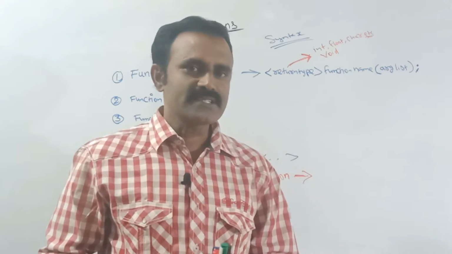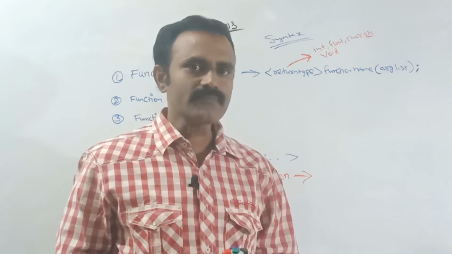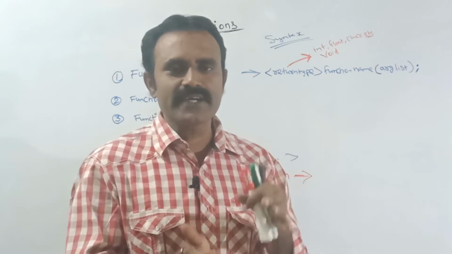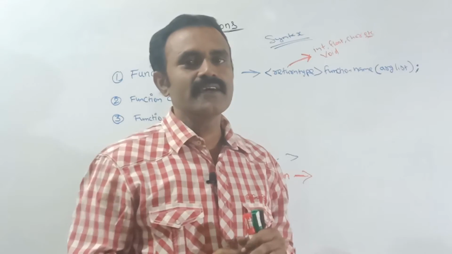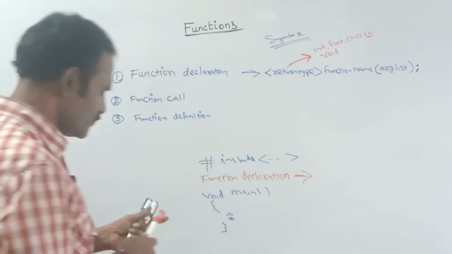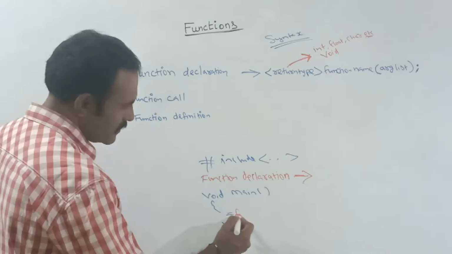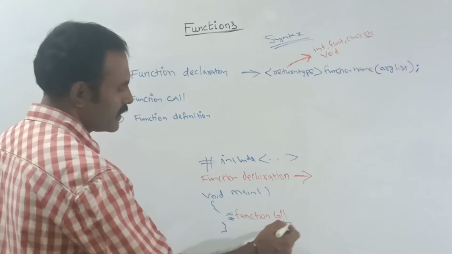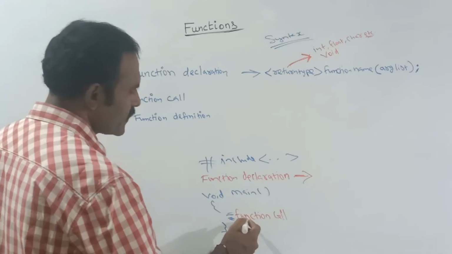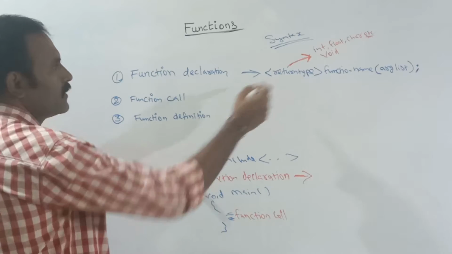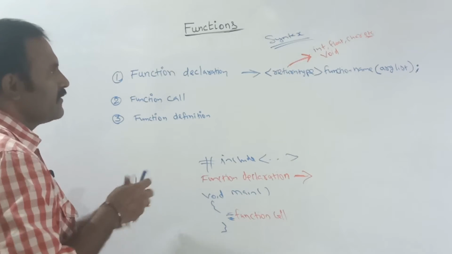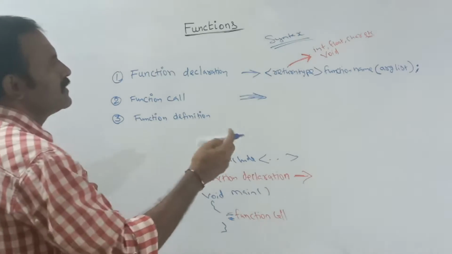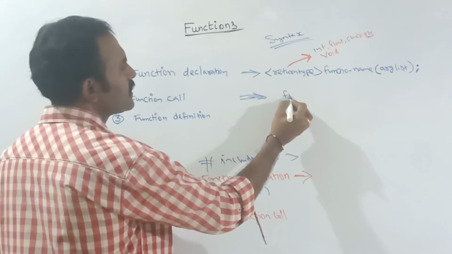In the previous session we saw the string length function, where we called that function inside the main function. Within the function we can call the user defined function. See here, this is the function call. Here we can include the function call inside the main part. The syntax for a function call is simply that we give the function name.